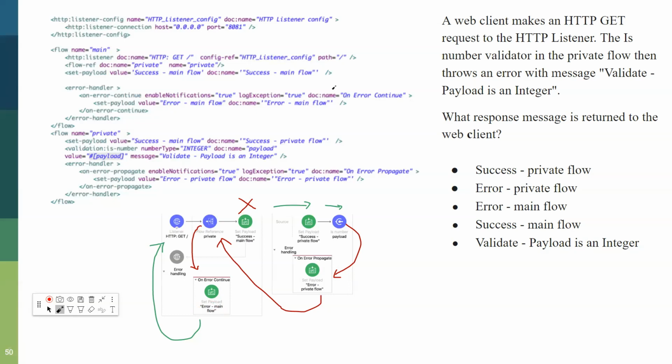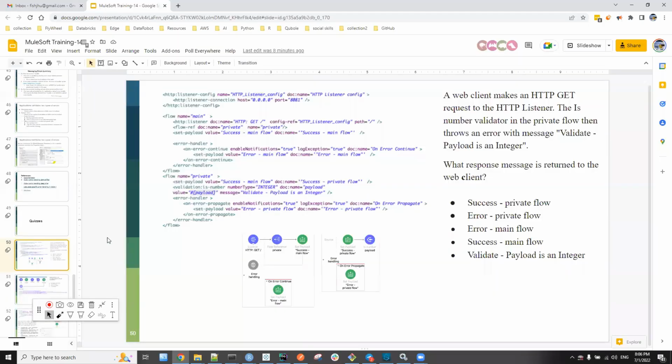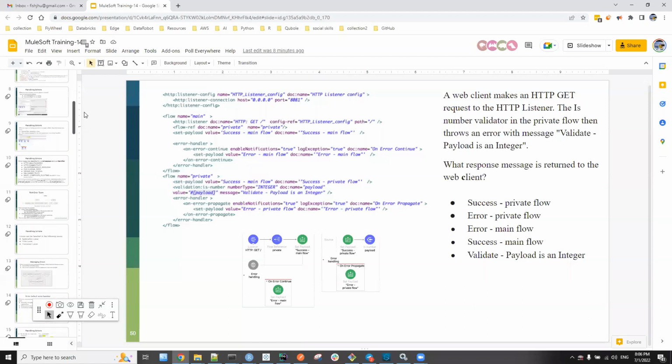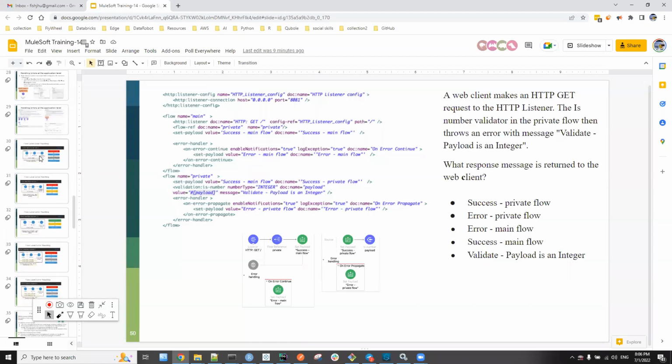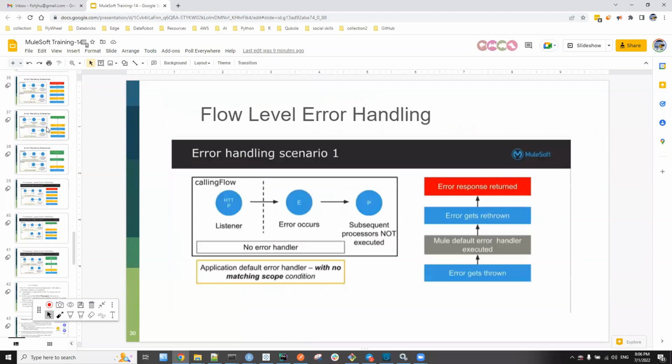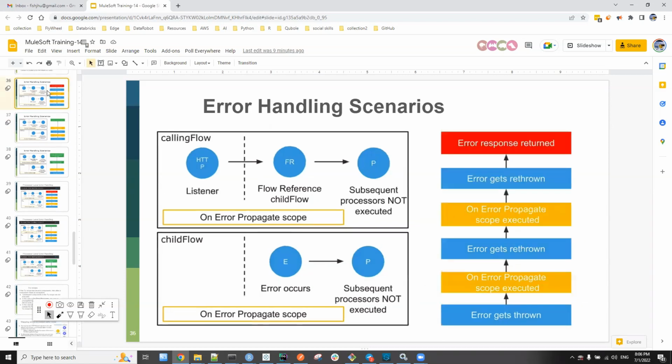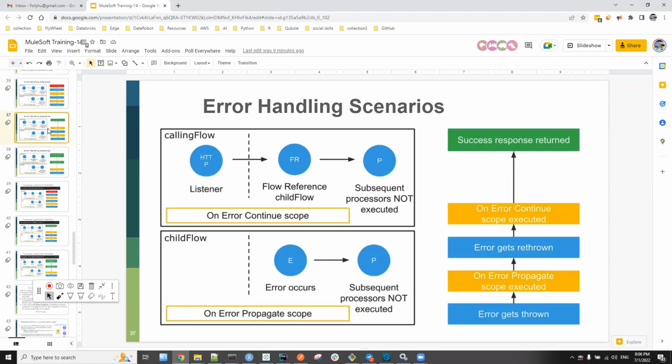We can quickly review the slides we saw last time. Let me put this as keep. And so what we say is with private flow, I think, yeah, something like this. So which one is this? Okay. Yeah, I think it is this slide that we see here. This slide, this one is on error propagate to on error propagate. This one is on error propagate to on error continue. Let's see this one, yeah. This one is the scenario for our question.